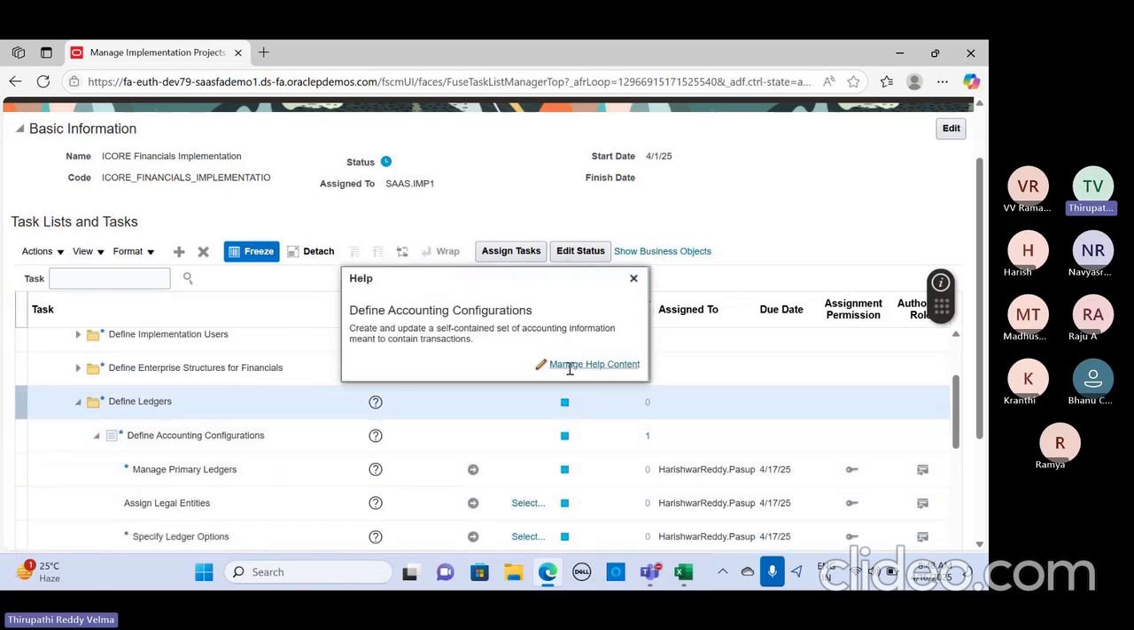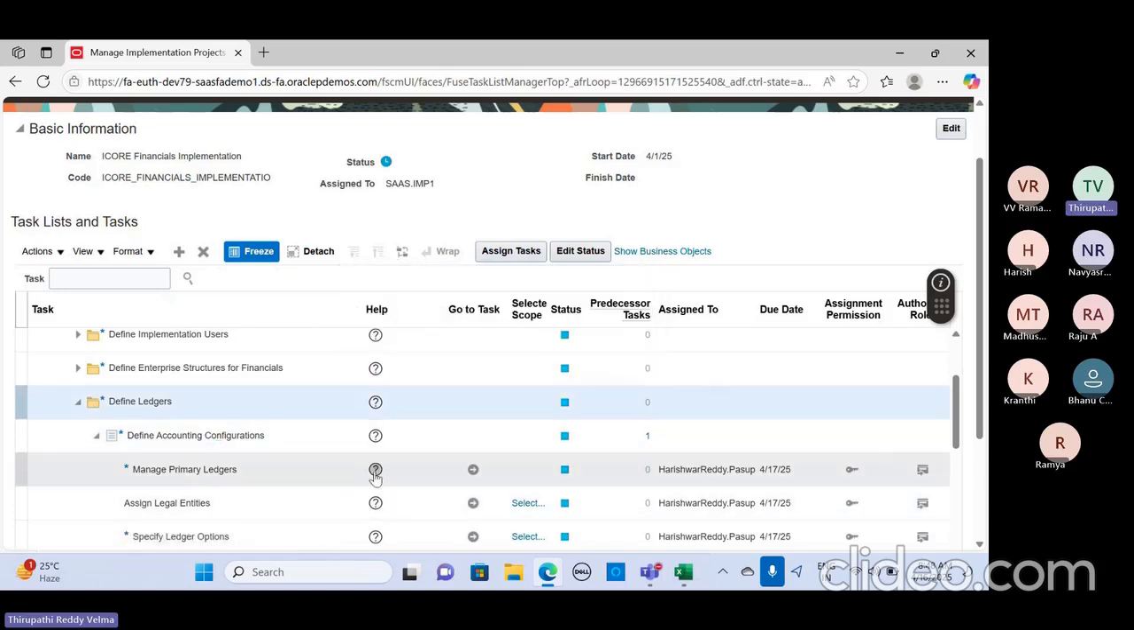It pops up hyperlinks with what exactly this task is, what exactly this task can be created, what are the options, and the considerations that you need to consider while doing the task. Basically, it gives you the field level information about the attributes that you are going to define as part of that task. Okay, so let's say you see manage primary ledger,